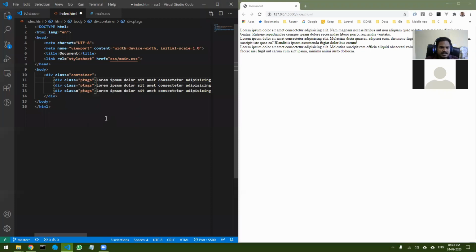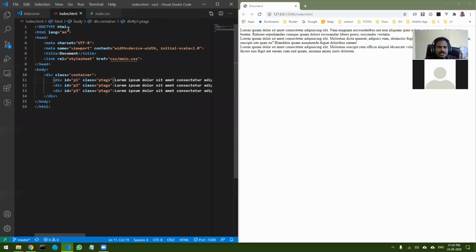Okay, so I've given a name called p tags. Then let's give ID. Let's give the first ID as p1, then second one as p2, and third one as p3. So I have given 1 class and 3 IDs.